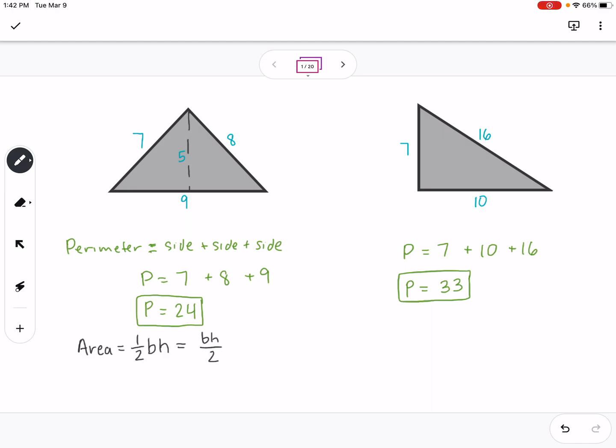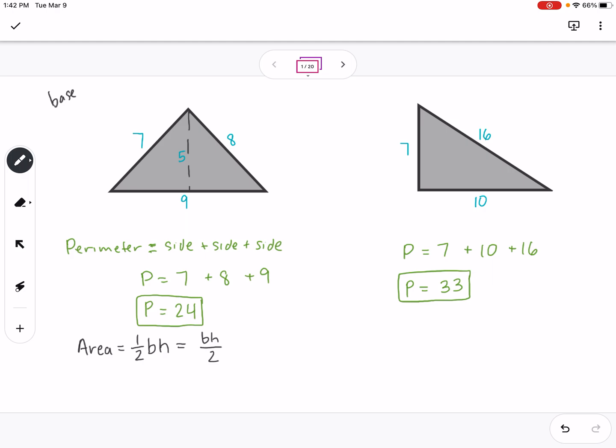Multiplying something by 1/2 is the same as dividing it by 2. So here I'm multiplying base times height times 1/2. Here I'm dividing base times height by 2. It's the same. So either way, what I'm looking for is the base